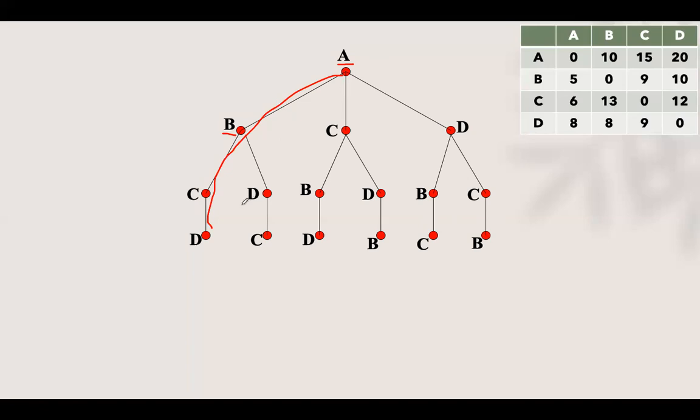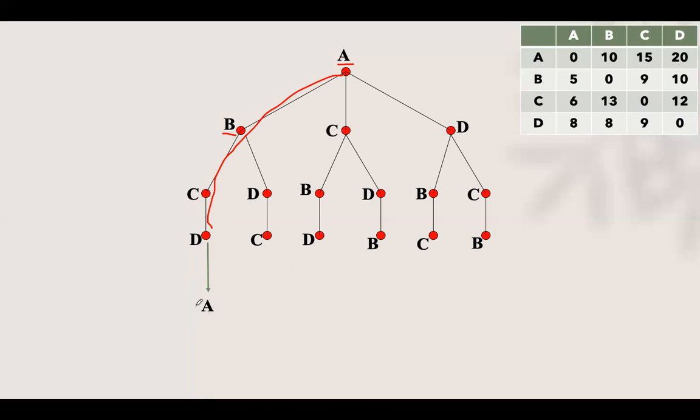When you reach these vertices, finally, we have to go to A, right? When we reach these vertices, that is our task, starting from A and reach back to A. If you take this path, finally again I have to go back to A. From here also, you have to go to A. So whichever path you take, ultimately we have to end up at A.